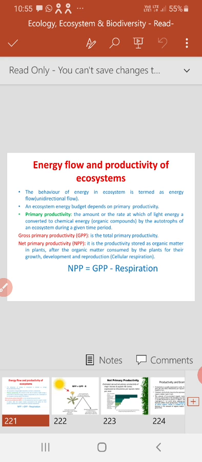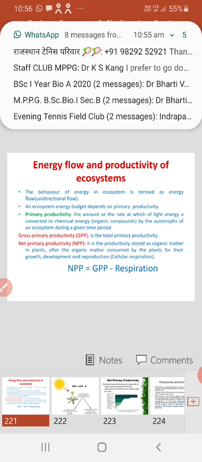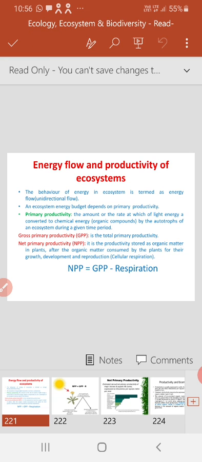So, the ultimate source of energy for every type of ecosystem is the sun. And the energy is transferred from trophic level 1 to trophic level 2, trophic level 2 to trophic level 3, and T3 to T4, and ultimately, if there is a T5, then it will also transfer to T5. But during that transfer, the important thing is whether the energy flow in an ecosystem is 100% efficient or not.